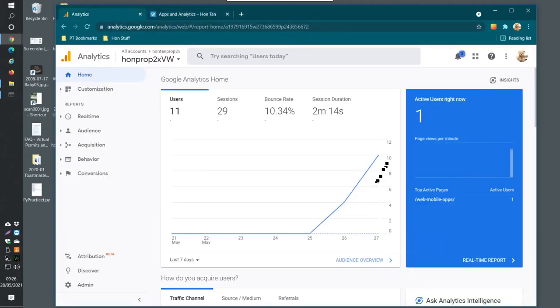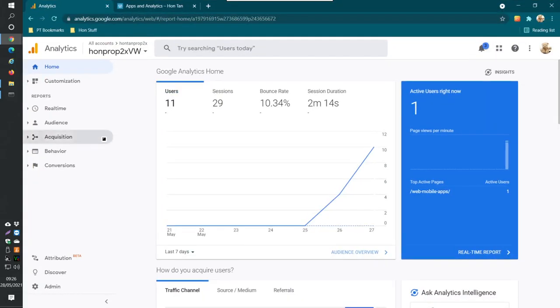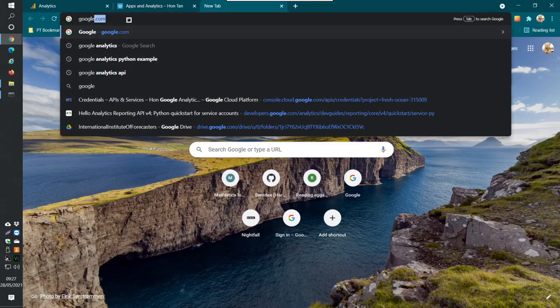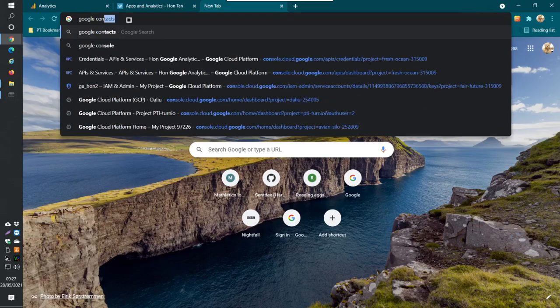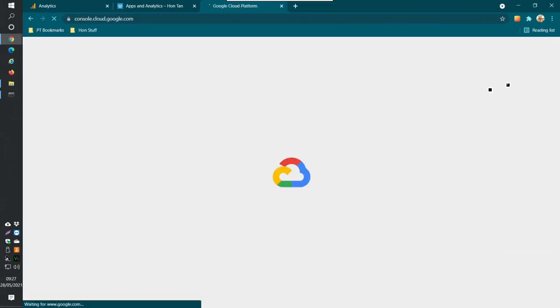So basically, it's collected some information here. If I go into Google Analytics, I can see. So what if I want to go and get this information now? So what I need to do is to go in to Google Platform, really. So first, let me just go into Google Platform, Google Cloud, Google Console. Go into Google Console, a Cloud Console here,